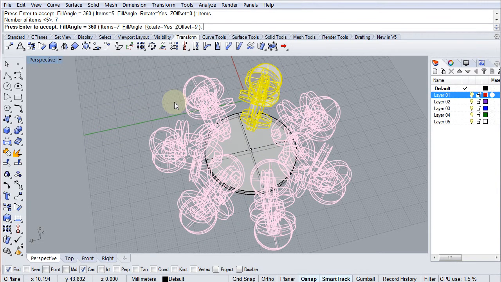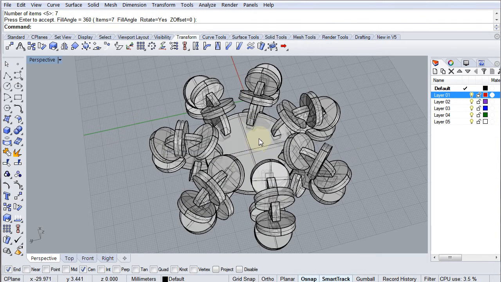So I'm going to say yes. Offset equals 0, you can change that later. You can play around with these functions here. Rotate equals yes. You could change that to rotate equals no, and they would all be in the same orientation along the same vector. But we don't want that. We want them to rotate as they array circular. Z offset is the vertical offset. If you wanted them to go up as well, you could do that and create spiral staircases and so on. But we want that one, so I'm going to press enter. And now I've created